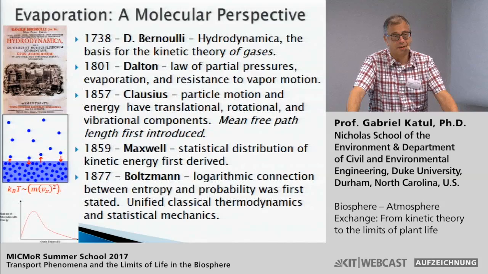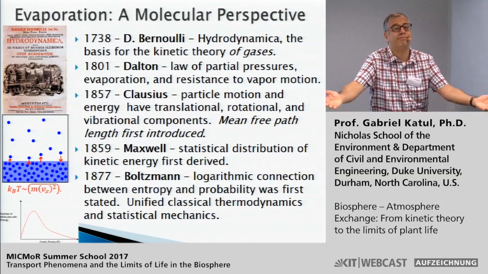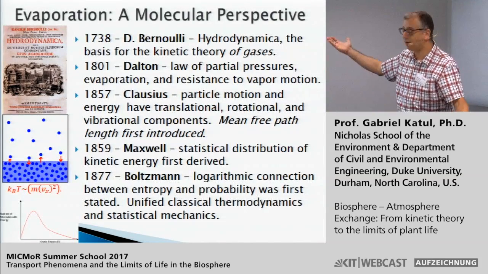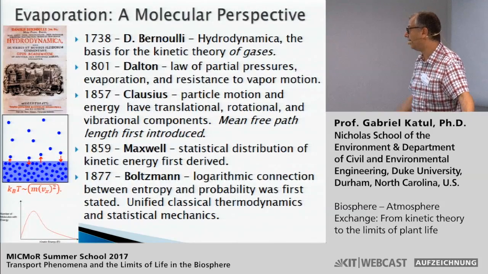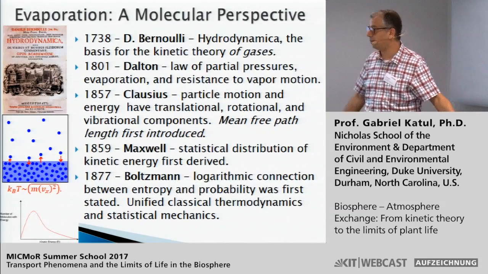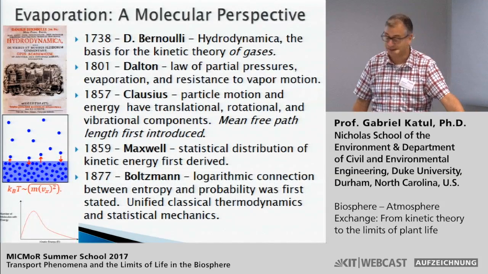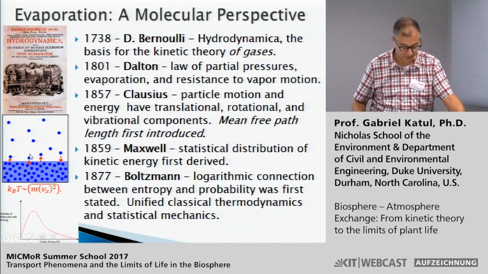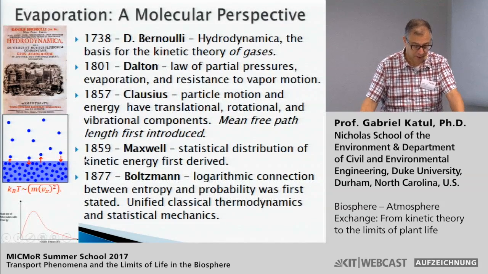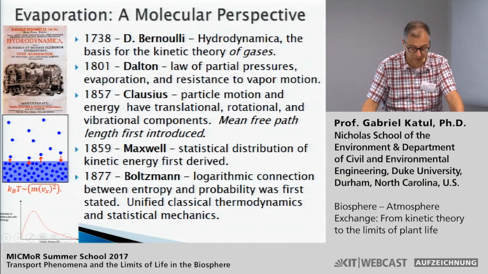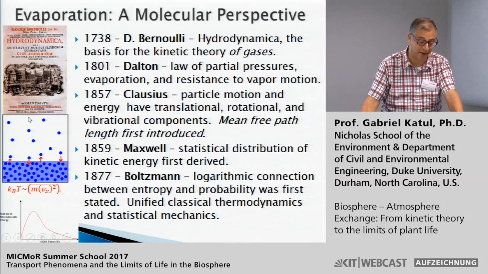So when you discuss evaporation with colleagues in physics, they say, what's new? We almost know everything. At some point, if you have a closed system subject to a constant temperature, this is an equilibrium system that has liquid and gas drawn here. We know that the kinetic energy distribution of these molecules follows the Maxwell-Boltzmann distribution. So there is always a finite probability that one of those molecules is going to jump out. And if you increase the temperature, you increase the kinetic energy of those molecules, so more of them can jump out.